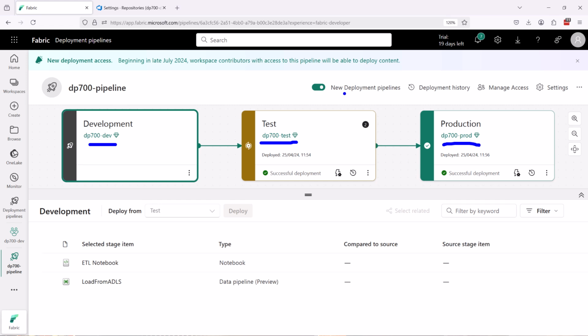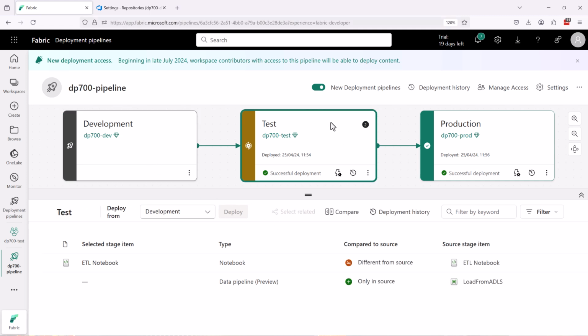Now they've updated the UI. So I'm using the new deployment pipelines UI, which for me is not very intuitive, but I'll try and walk you through it as best possible. The way that it works is you have to actually click on your target stage first. It's kind of like working backwards, which is not how my brain works. So you have to select your target environment here,